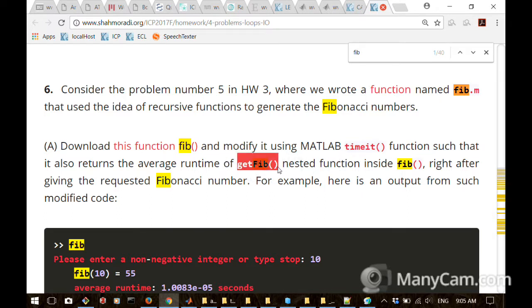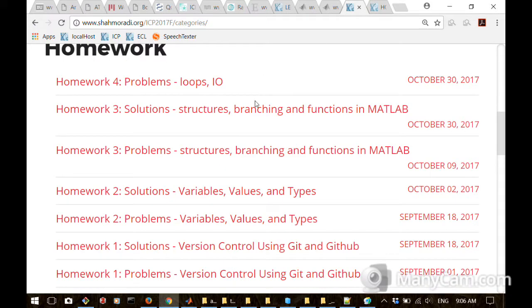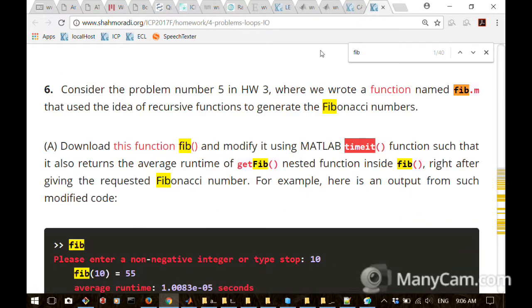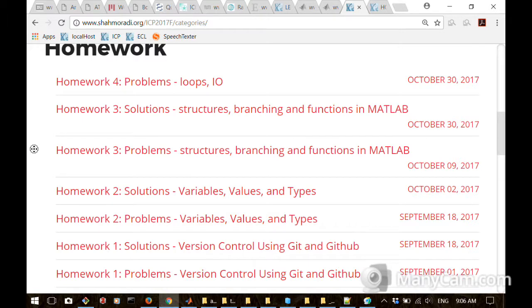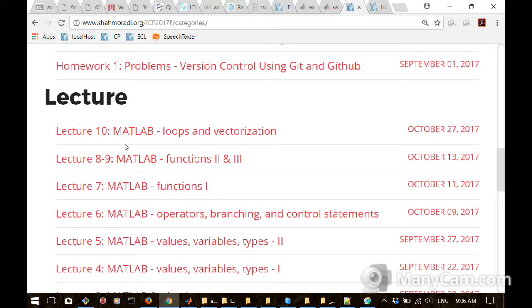But I haven't told you about timeit function yet. So let me go on with lecture, and then we can get back to this question at the end of the lecture. So let me tell you first about while loop, and then